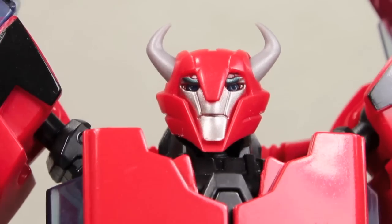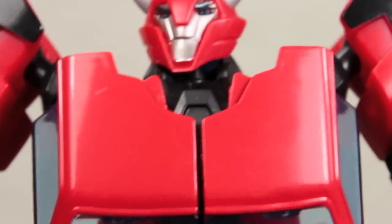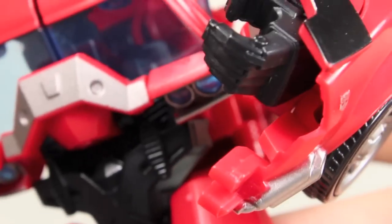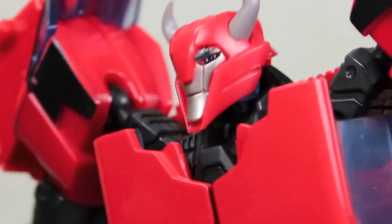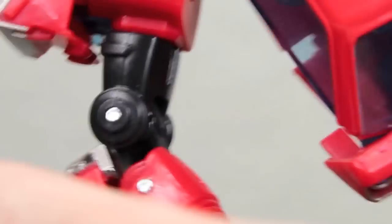So I really like the first edition Cliffjumper a lot. The head sculpt's very nice. I like the black. You know, his arms are really cool. The hands, the headlights with the chest and everything. He just looks very cool. I mean, I really like it a lot. Just in terms of being show accurate, this one is definitely more so than the RID one, which I'll show here. I just love the head sculpt and the shoulders, and the arms look pretty good, except I'll get more